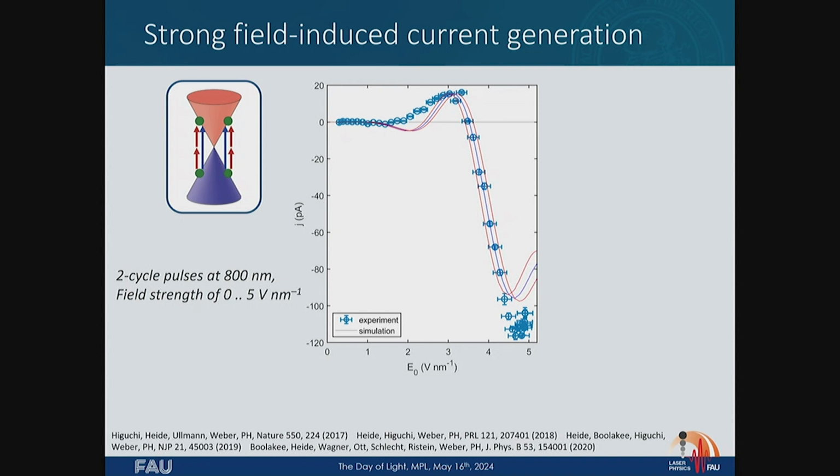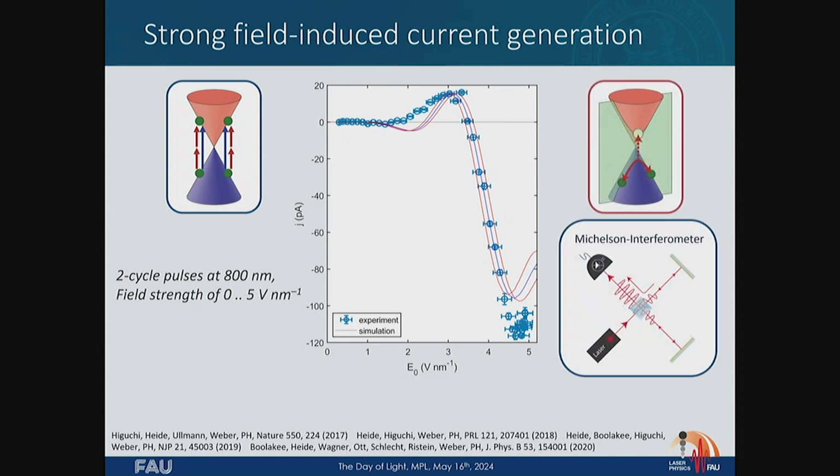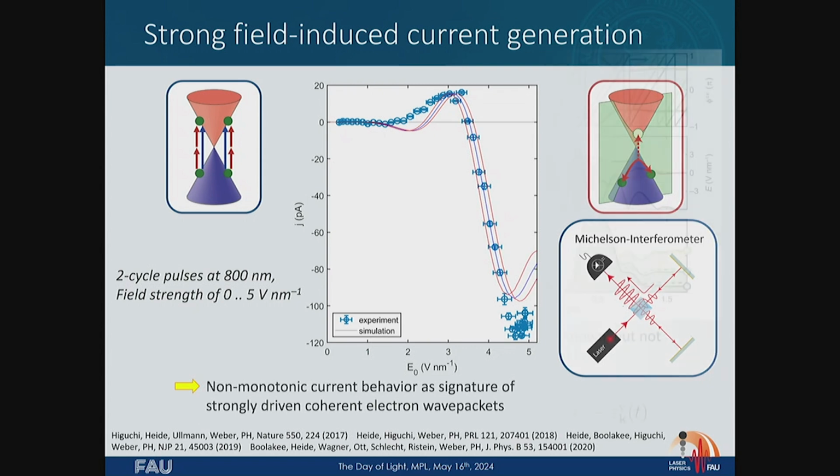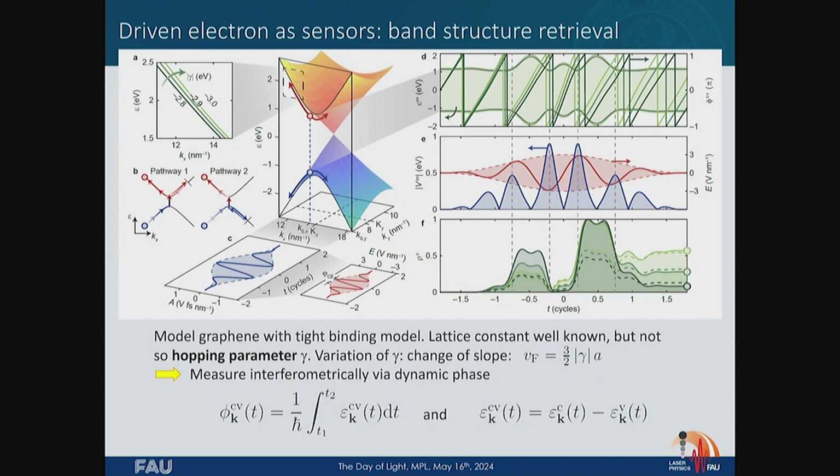You think, okay, this is crazy. What is it? Well, it's basically that we drive these electrons further and further in this beam split state here. And the electron just accumulates more phase that then just leads to the outcome of either electrons on the right or on the left of the conduction band, in the conduction band. We can model this, we can take this one step further. I have to show you this. This is a very busy slide, very technical, because the paper just came out yesterday on this.